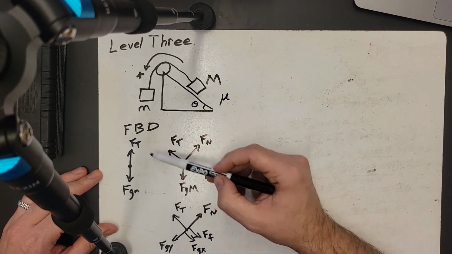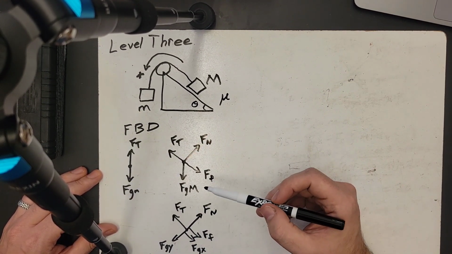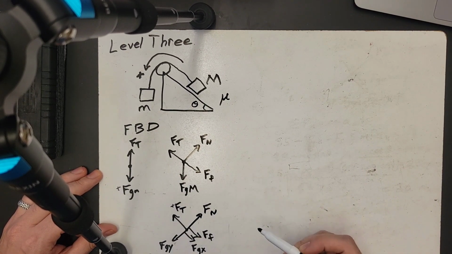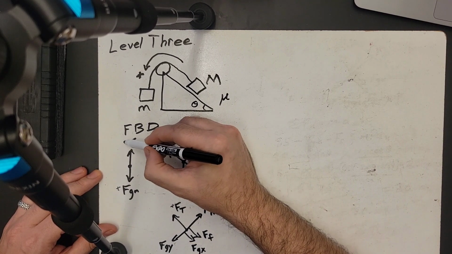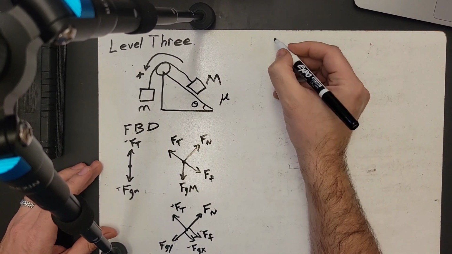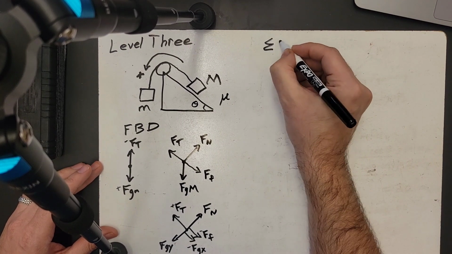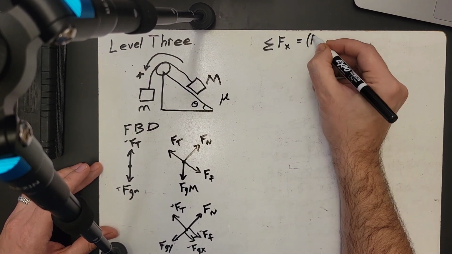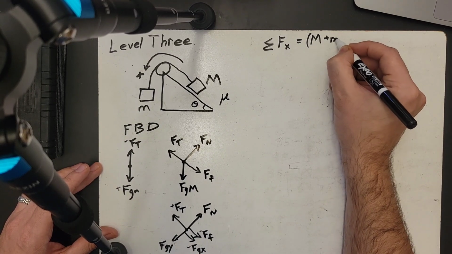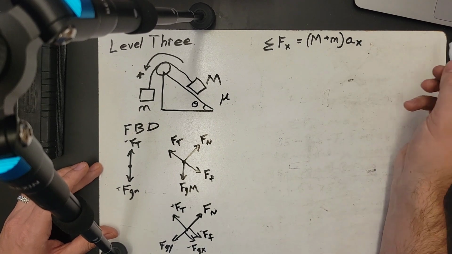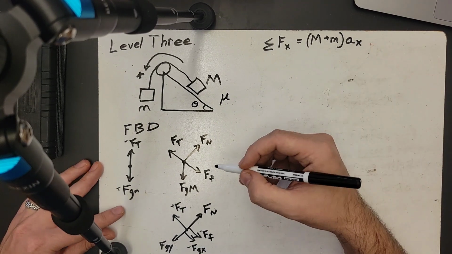All right, now when I look at this and this, what I see is a positive force here and here, and then a negative force here, here, and here. So when I look at the sum of all forces in the x direction, that's going to be equal to the mass of my system times acceleration in the x direction. What I got is